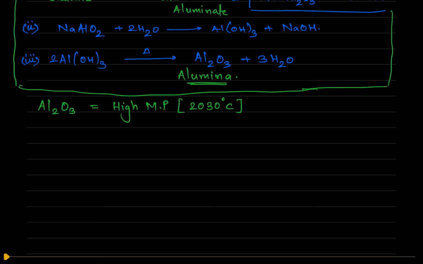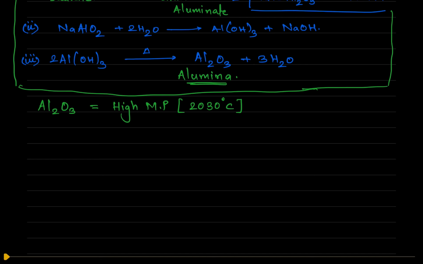Okay, further, Al₂O₃, aluminium, is a highly reactive metal, and because it is a highly reactive metal, I can't just remove oxygen by using a normal reducing agent, and therefore I have to go for a process of electrolysis. That means I need to break the molecule with the help of electricity. Now understand, because I need to break the molecule with the help of electricity, I need Al₂O₃ in liquid form